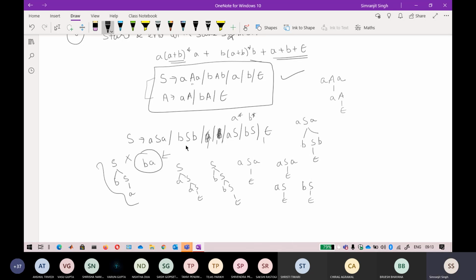If it is starting with A, ending with A, starting with A, ending with B, there is no possible chance that it will end with B. Okay, so that can happen if I just do this from S, if I derive BSB. Okay, so again, it is starting with A, and the string will be AB. No, sir. Sir, I meant if you remove that AS and BS, not AB. Okay. So if I remove AS and BS, then another problem arises, that A star and B star are not there. Okay, so AB and epsilon.